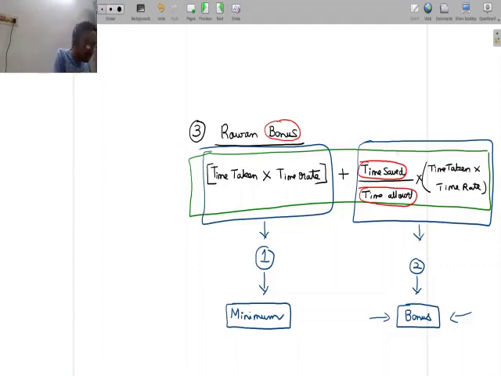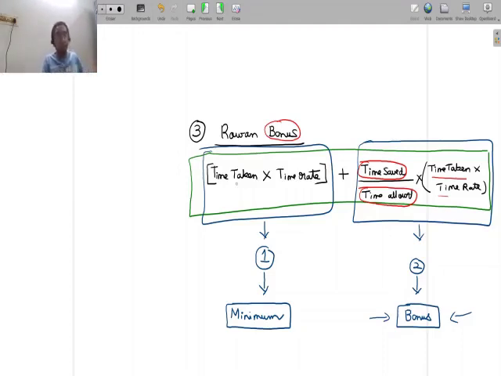So what actually happens is this entire thing is going to get multiplied with again the minimum. So what Rowan is saying is after the minimum, you tell the worker if you're able to save time by completing earlier, again on your minimum something extra will be also given to you. So that's the bonus element. What we can understand is the more the time saved because the workers are able to complete earlier, the worker is going to get some bonus, that's an incentive. For the company which is making the payment, if time saved is higher, then obviously time taken to do the work will be lesser, because only if time taken goes down, time saved can go up. So from the company's perspective, its cost also will come down.